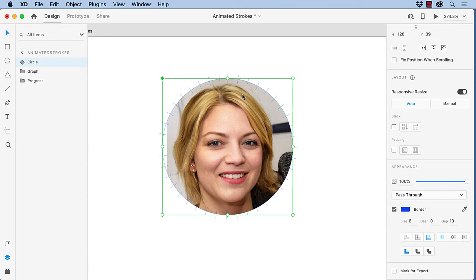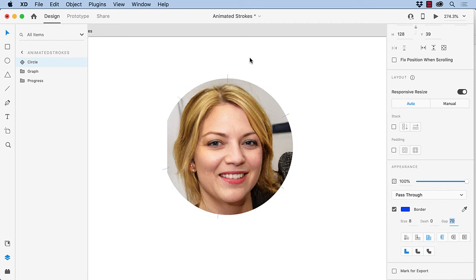Now what I'm going to do here is increase the gap. So I'm going to select the gap, and then hold down my Shift and up arrow keys. Now you guys on PC can use the Shift and up arrow, or even better, if you're on a PC, you can actually select the gap value and then just drag up and increase the value that way. So here we go. What I want to do is have this little stroke right here as the only one that's there. So I'm going to push down the up arrow, and you can see